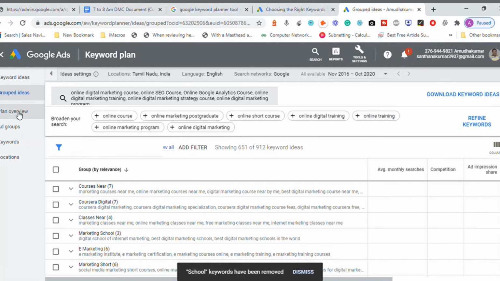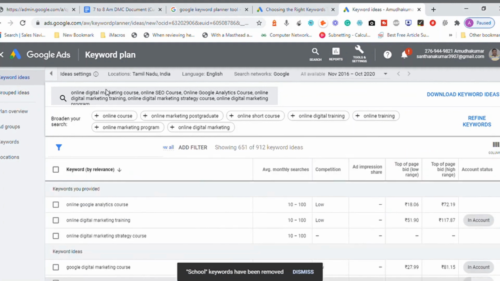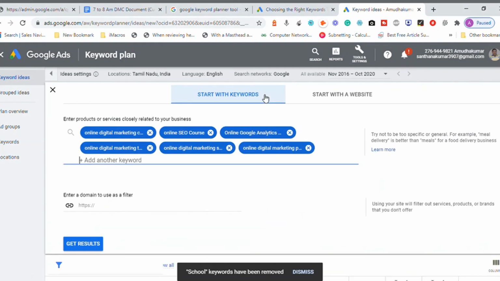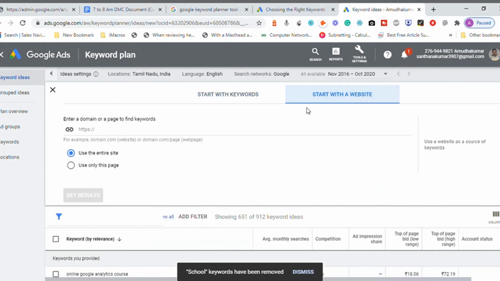So different options under this particular tool. One option is to feed our own keyword and get more keyword ideas related to this. Another option is to start with a website and enter your specific URL.